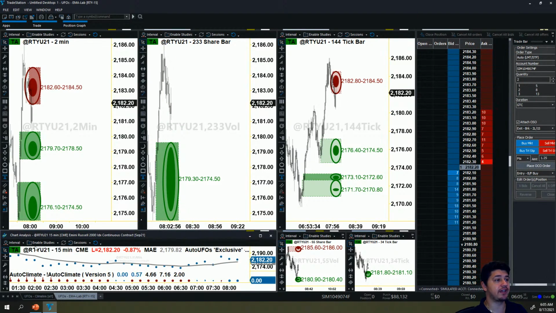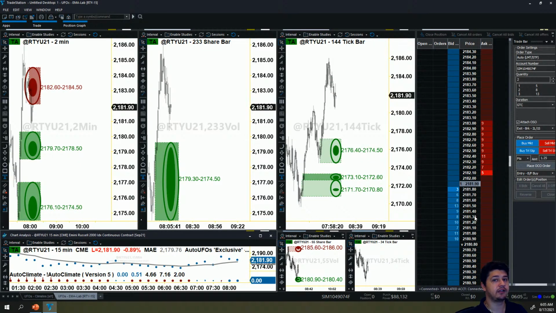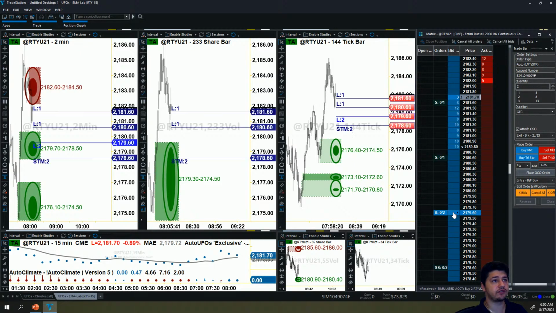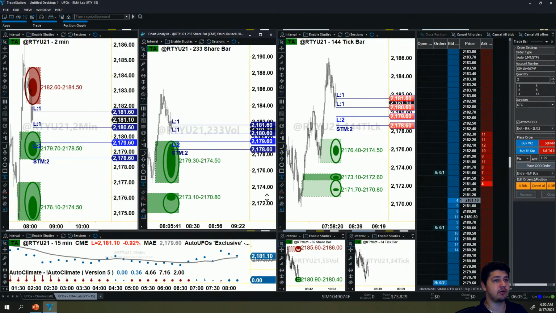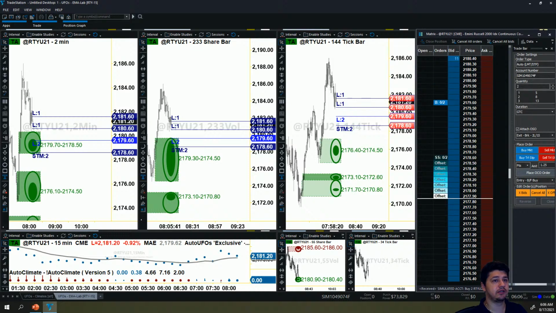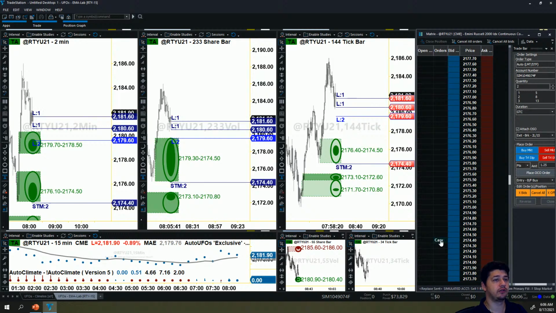Now let's find our exit points. Right. So the exit point that we're always looking at, you know what, just because this can move kind of quick, I want to go ahead and place the trade first. 2179.6. All right. And now where is our stop? Our stop is actually going to have to be in the white space below any one of these UFOs. So that means our stop would actually have to be down here from 2179.7 to 2174.4. Okay.